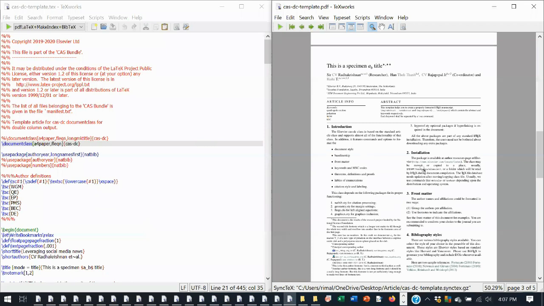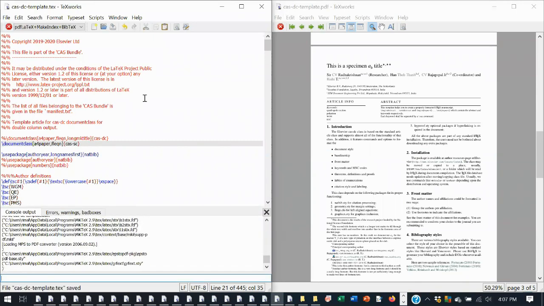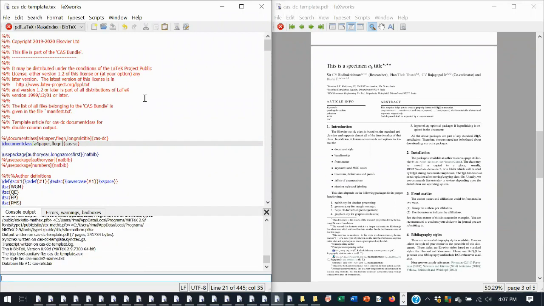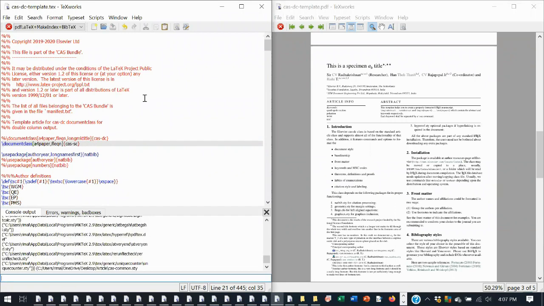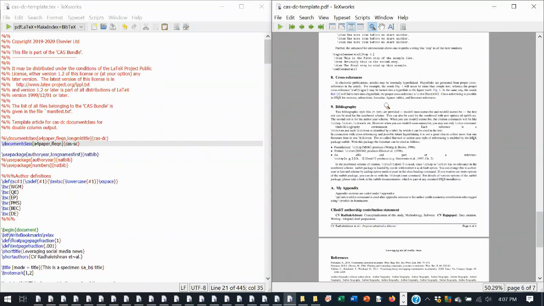Okay, the same file you have as a double column. If you have single column SC, I will put that, and see, it is converting it into a single column document.